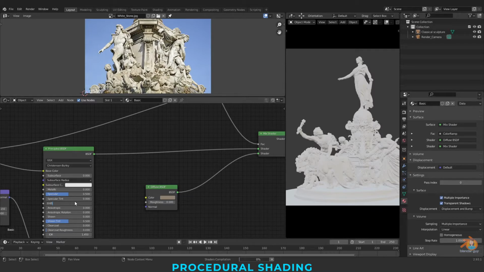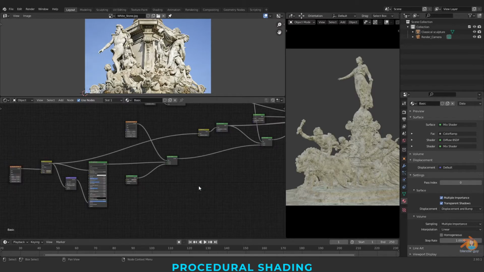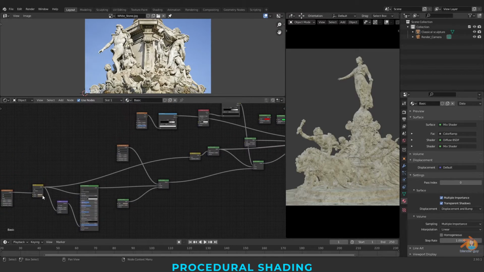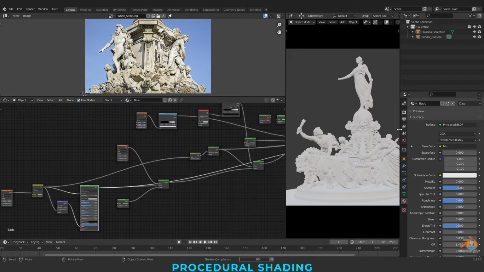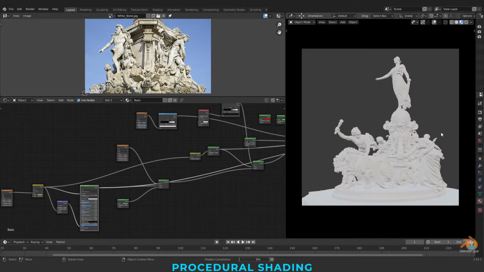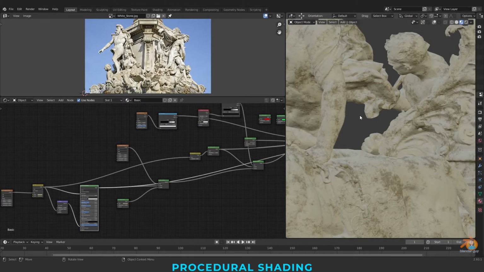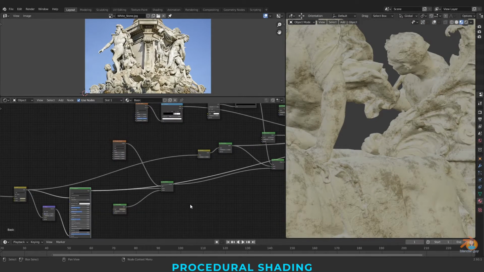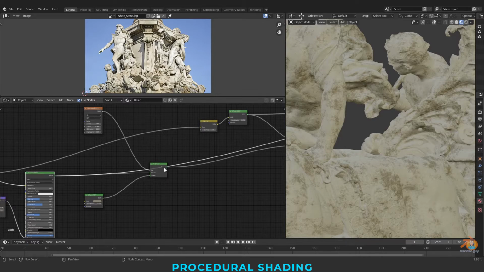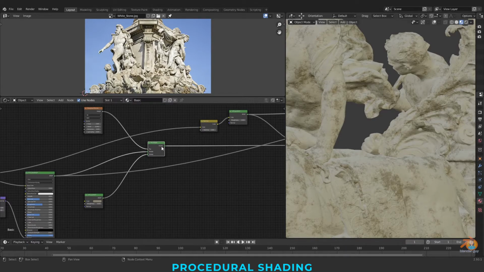Even 6 works fine. Okay. So this is our main, it's like base breaking shader. Okay, and then on that we have blended this.